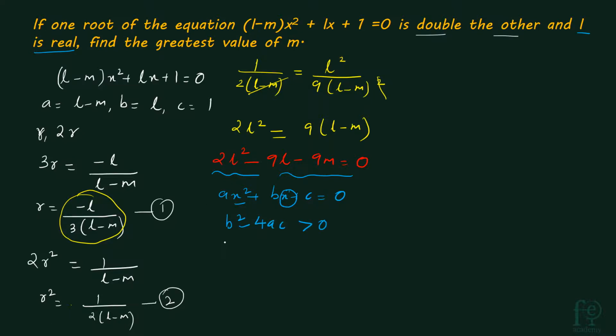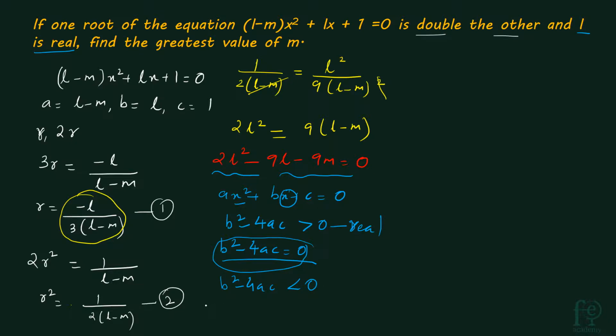So we have conditions like: when b square minus 4ac is equal to 0, we will have equal roots. B square minus 4ac greater than 0 means we will have real roots, or x will have only real values. And b square minus 4ac less than 0 means we will have imaginary numbers also,